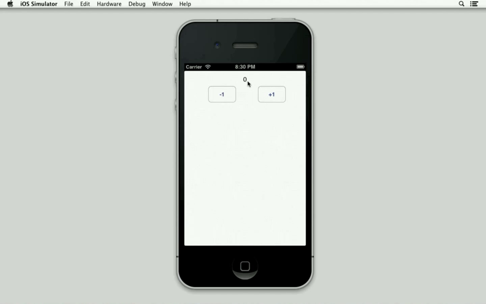We have a label up here and two buttons, one to increment the count and one to decrement the count. And while this is very simple as it stands, you can imagine it being part of a larger thing, such as keeping score for sports or changing the count of items that go into a shopping cart. So it's still very practical. But we're going to pick up where we left off last time, which was that everything was glommed into the view controller.